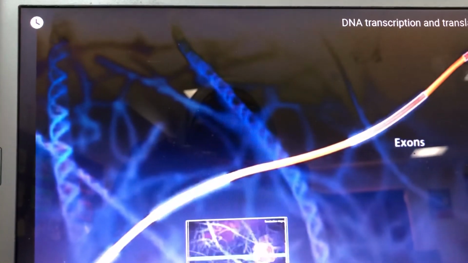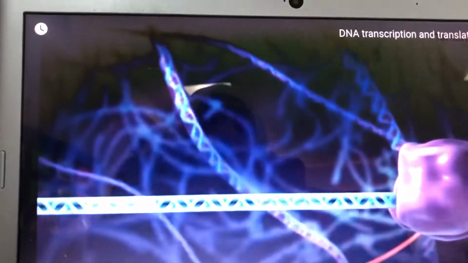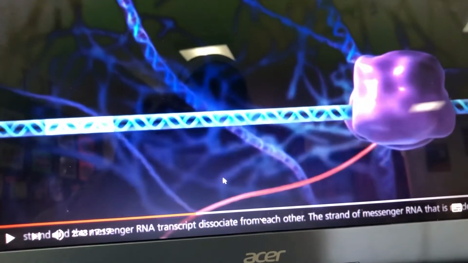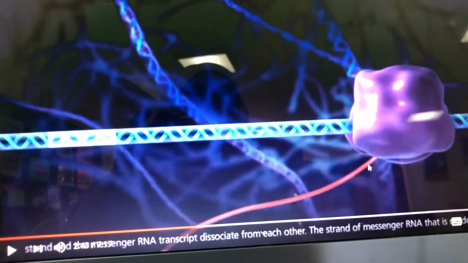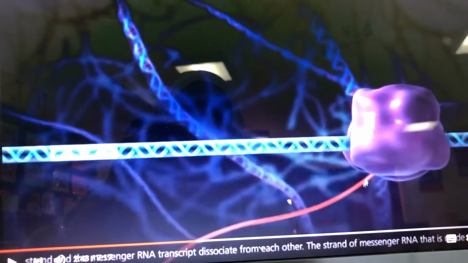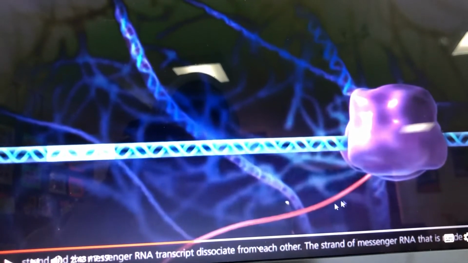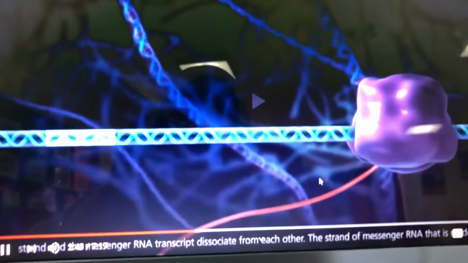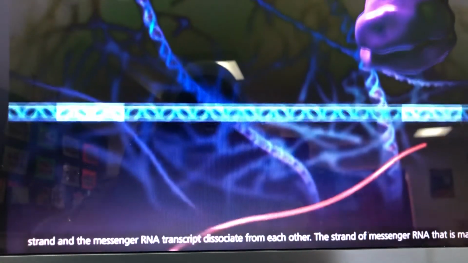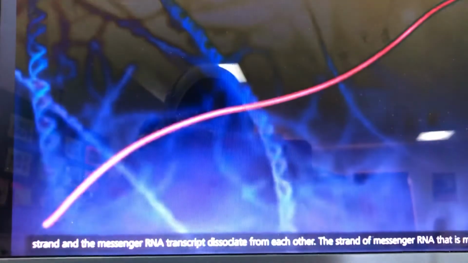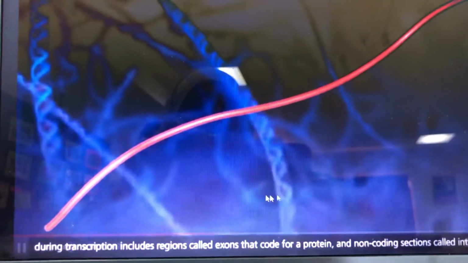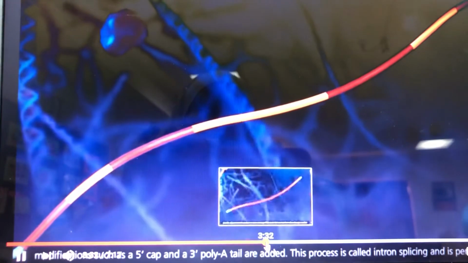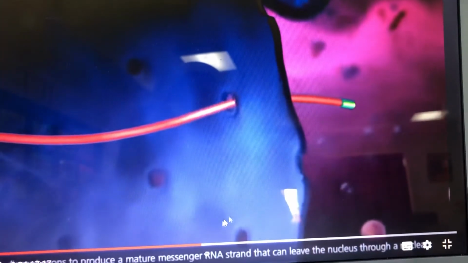After the transcription is complete, this RNA will be detached from the enzyme and from the strand of the DNA, and they will leave the nucleus to the cytoplasm. The messenger RNA transcript dissociates from the DNA. The strand of messenger RNA that is made during transcription in this process is called an RNA strand that can leave the nucleus. This RNA strand is mature. It can leave the nucleus. It goes out from the nucleus to the cytoplasm, as you see, through a nuclear pore and enters the cytoplasm